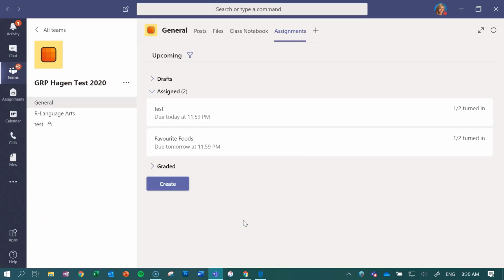So this is a great way to set up assignments that students can create online. They don't have to have any of the Office applications loaded onto their device because they can edit everything in browser, and there can be a two-way communication occurring either through the comment section or the feedback that you provide